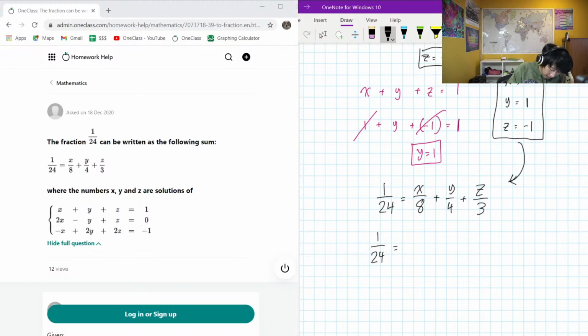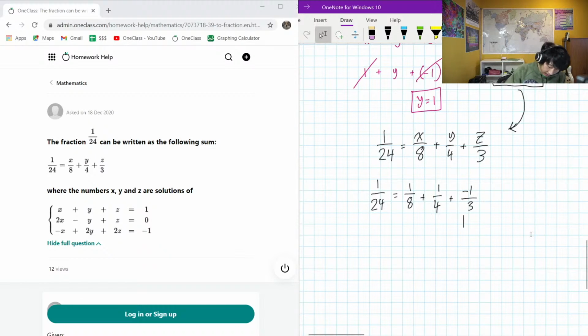So 1/24: x is equal to 1, so 1/8, plus y is 1, so 1/4, plus negative 1, which is z, over 3. We want to make this true, so let's take the right hand side and make them all denominator 24. So this will be 1/24 is equal to